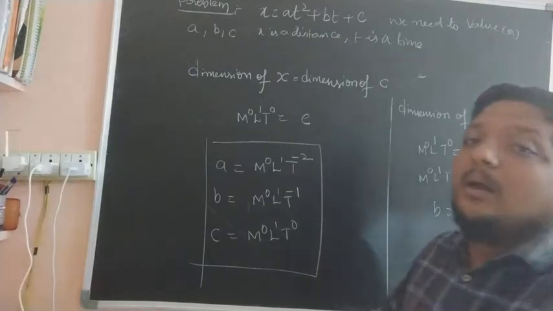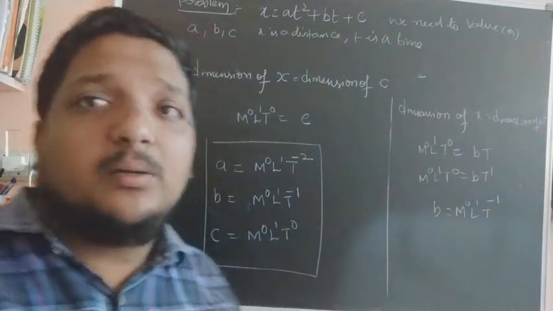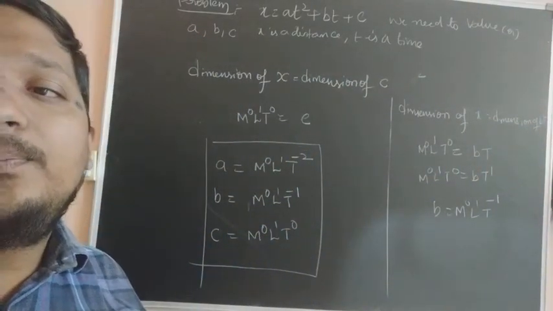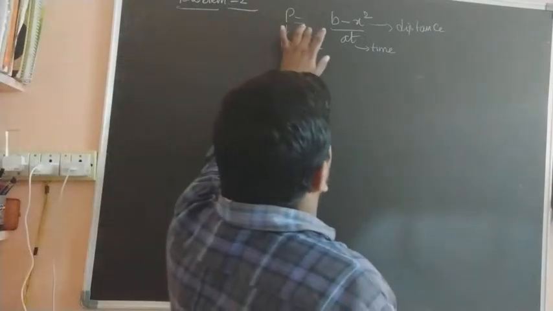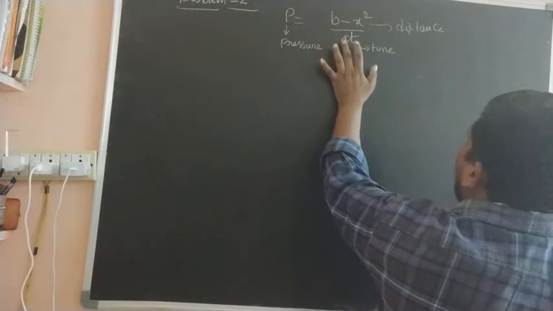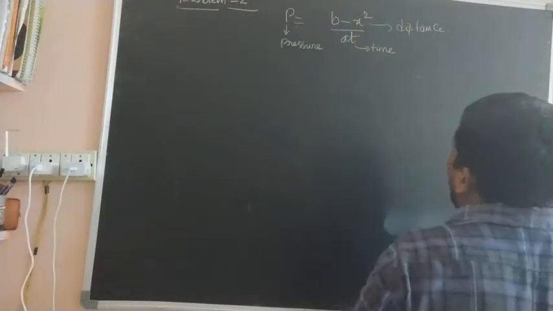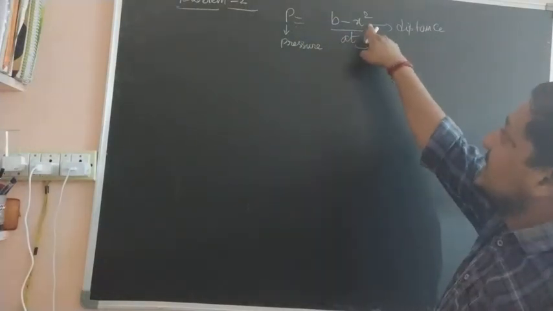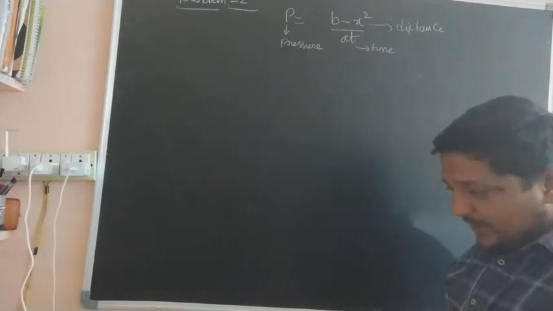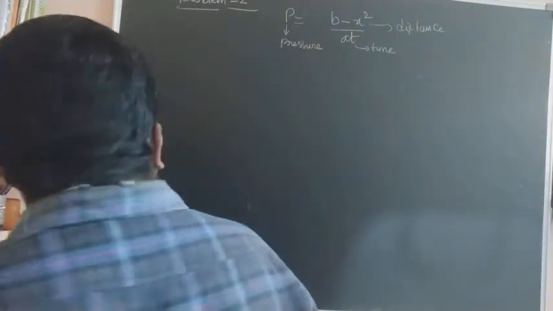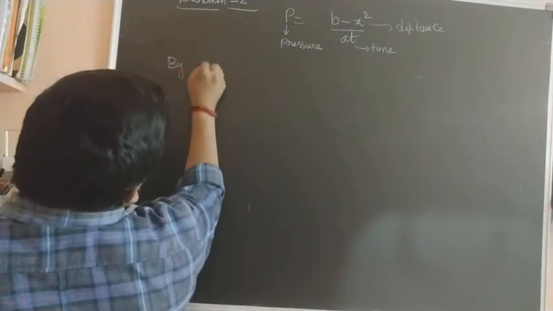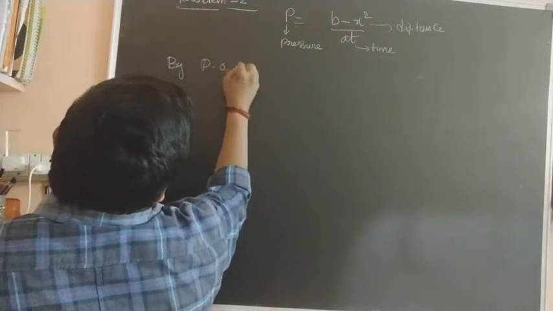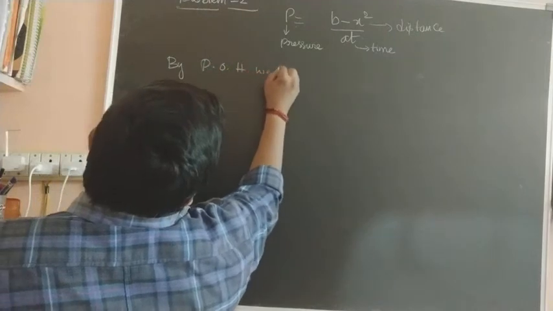Let us solve the second problem. The second problem equation is pressure P is equal to B minus x square by AT, where T is the time, x is the distance, P is the pressure. First, we need to apply the principle of homogeneity, we know that